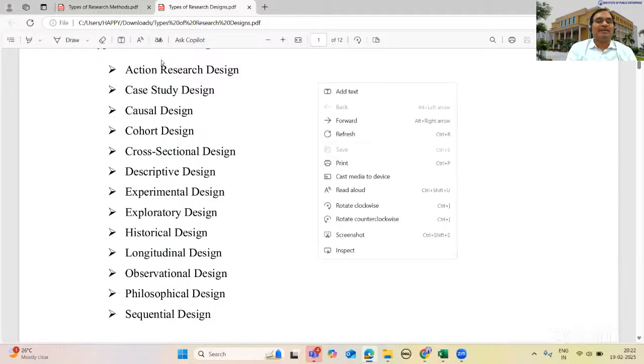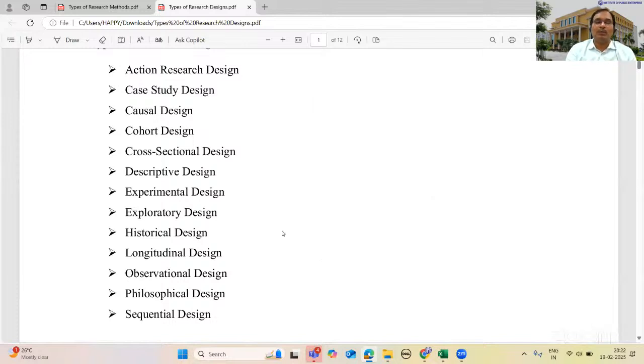Then next we have the research methods. What is the difference between your research design and research method? Your research designs are your roadmap, in the sense a blueprint: what kind of research you are doing and where you want to go. All that roadmap is your research design. Next is your research method. Research method is the process with which you are conducting a research. So I guess I explained all these